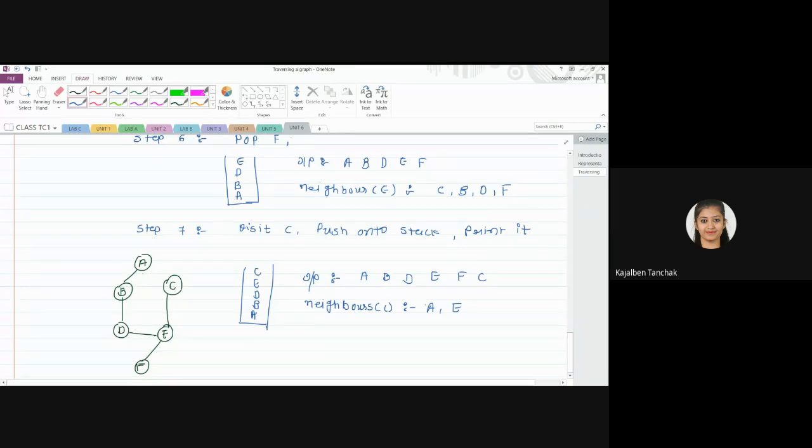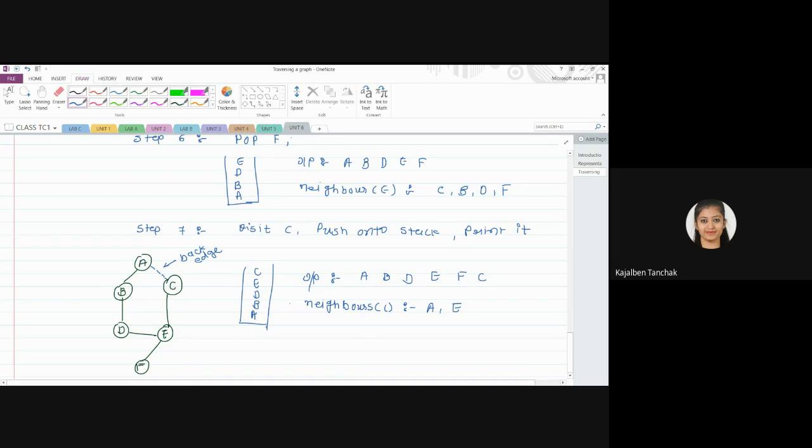Fine. A is previously visited. So how we will denote it, because there is an edge? You will use this dotted line to denote this. This is called a back edge. Once you visit all the nodes, what you will do? You will again check for the remaining nodes. Now we have visited A previously. So there is a connection, and because of that connection, we will represent it via a dotted line. So this is called a back edge. If the node is previously visited, then we have to represent it via back edge.